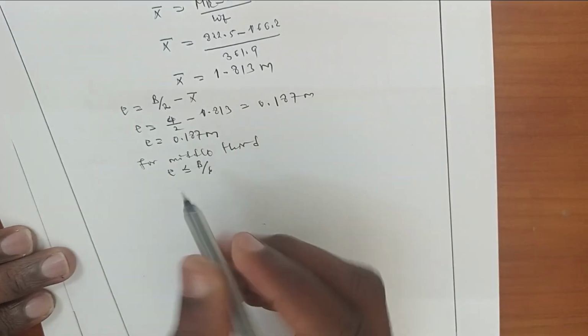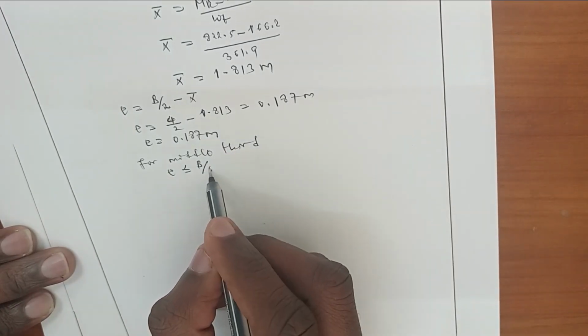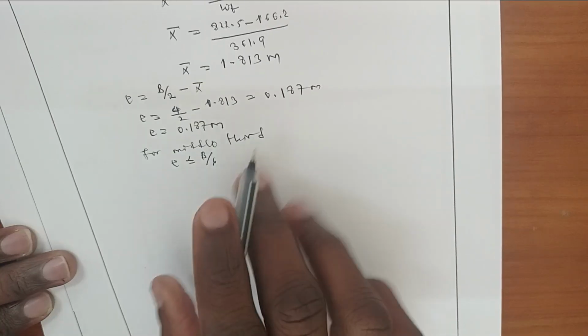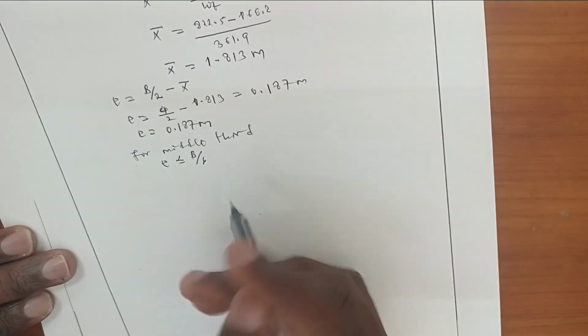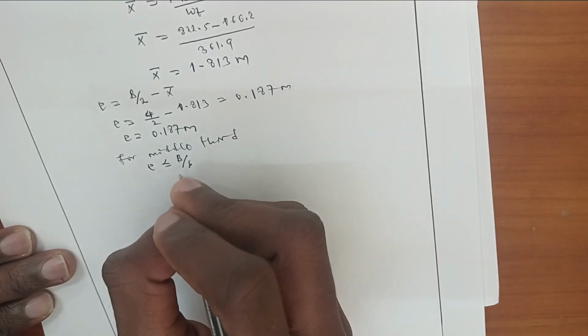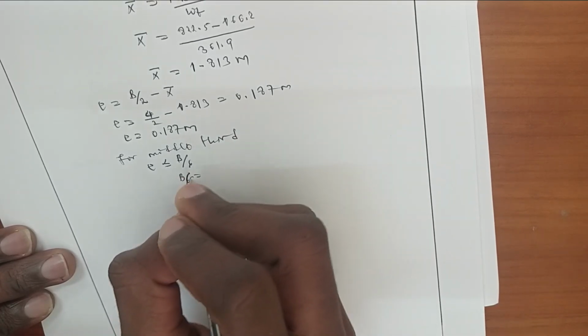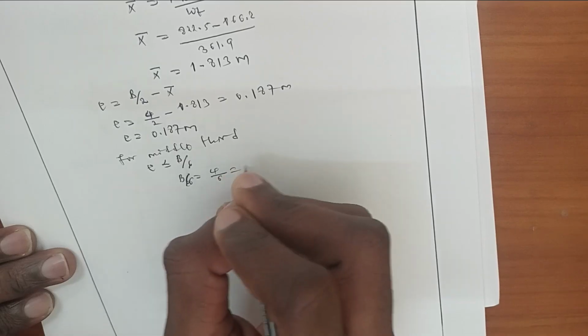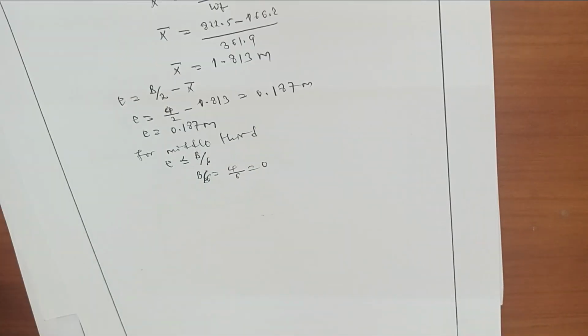If eccentricity is less than this, it confirms that the resultant force lies within the middle third. Now, base over 6, base is 4, so 4 divided by 6